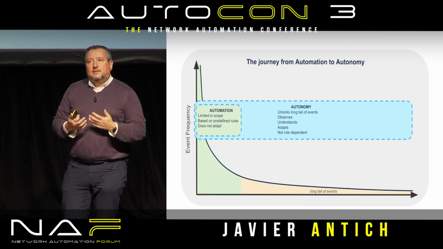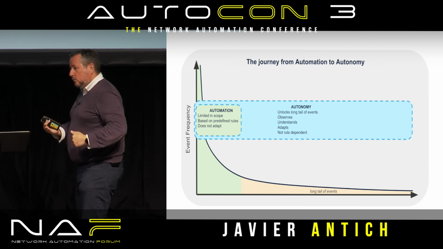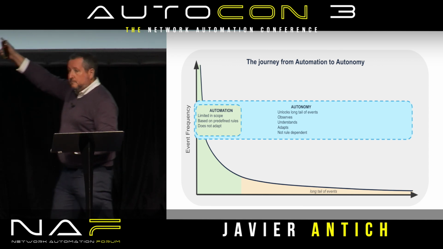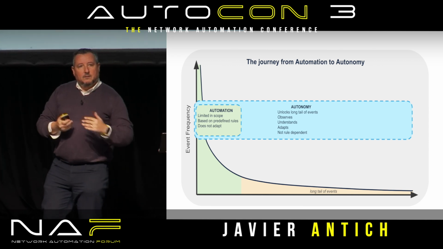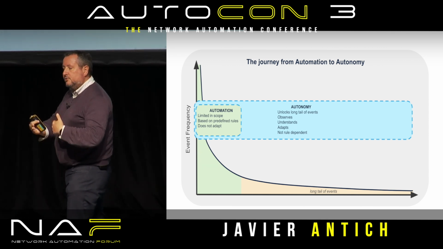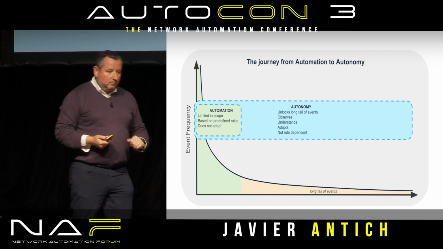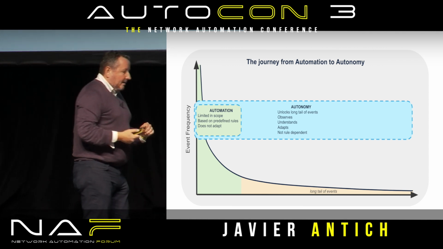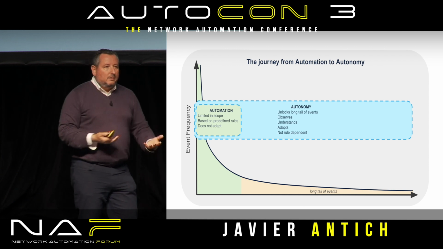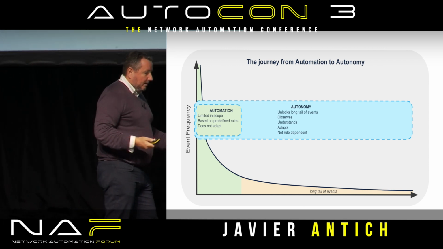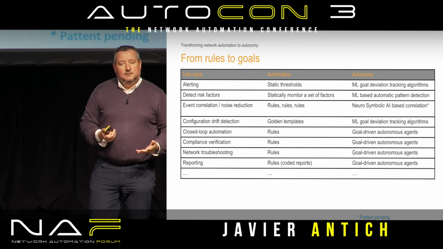But especially mechanisms that are not dependent on rules. And I'm not saying we have to get rid of rules, because rules are very good for this part of the curve, and we should continue using them. This is not about replacing anything, but about getting to a point where we can also address certain use cases without the dependency on the existence of rules. And how does this map into specific technologies, implementation choices or solutions? Well, it depends on the use case.